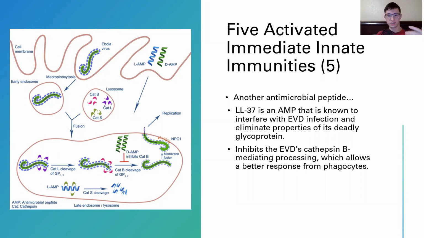Whatever this glycoprotein does, it suppresses the immune system, and this specific one is really meant to cause high levels of viral replication. So what LL37 does is it actually inhibits that glycoprotein, like I was talking about earlier,